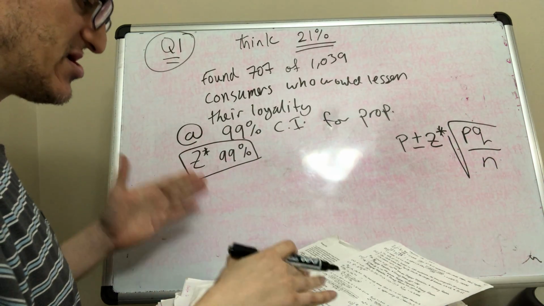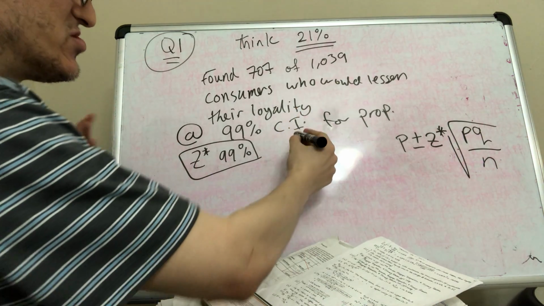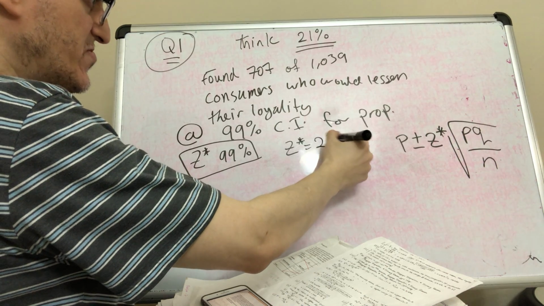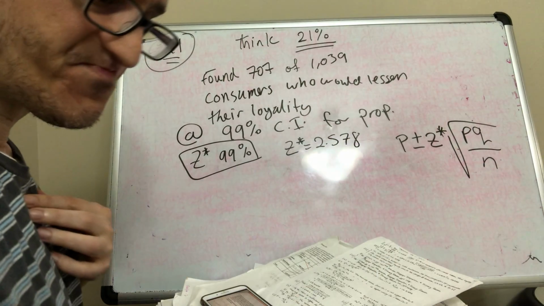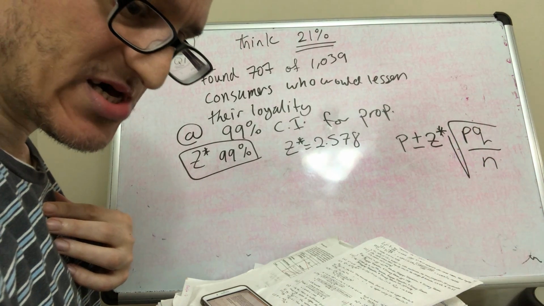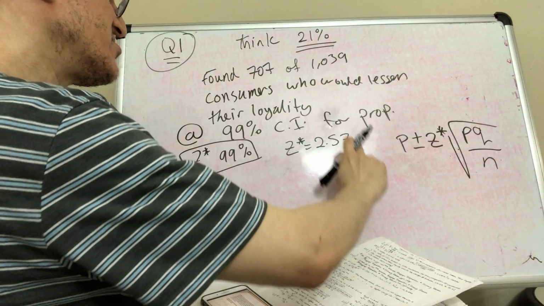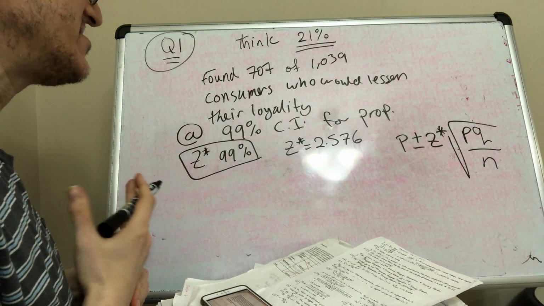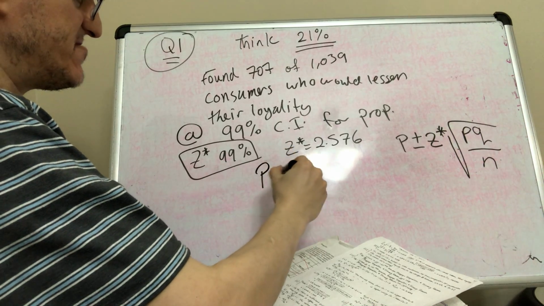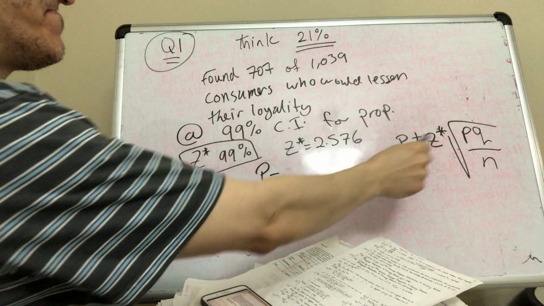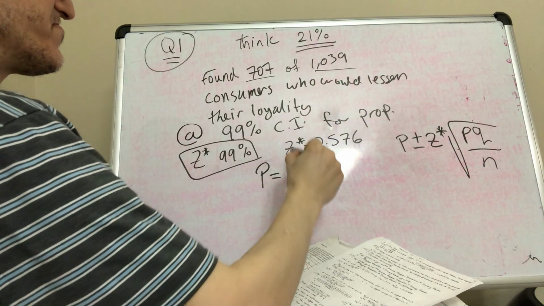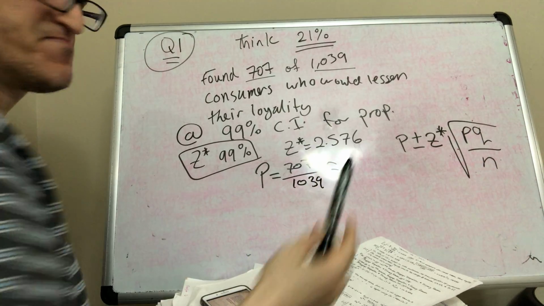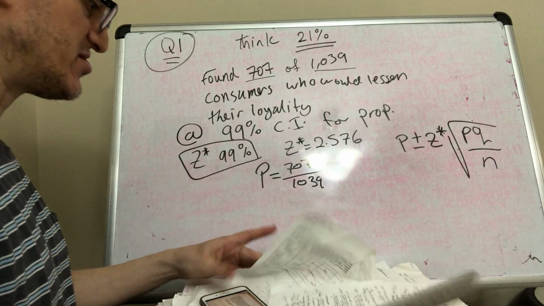Basically, after you do it, whatever technique you like, this will give you 2.576. And I showed you the different ways of doing it. Now we also need to find P. P is the result of your sample. So that's 707 over 1,039. You take the calculator,